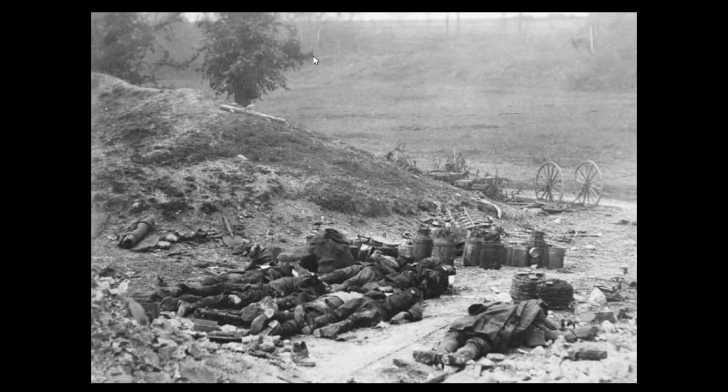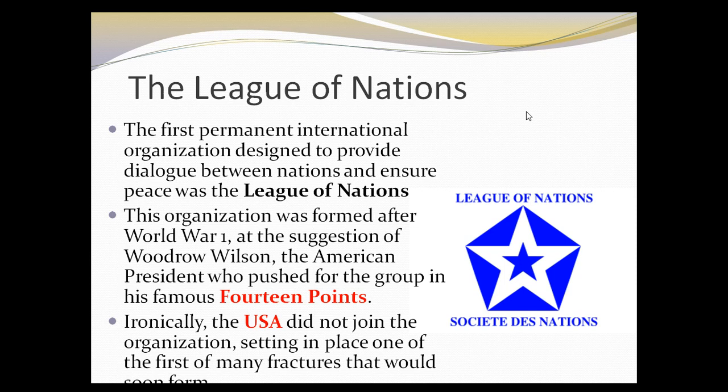A lot of people looked at it and they said that, you know what, we cannot take these risks anymore, and we cannot let little sparks like what happened with the Archduke Ferdinand in Austria Hungary in Sarajevo in 1914 lead to such a horrific conflict. We need to have an opportunity to create a dialogue forum where nations can come together and they can try to work out their issues and hopefully have a little bit more constructive ability to, I guess, forge a better future. The League of Nations was the first effort to try to provide for those sorts of things.